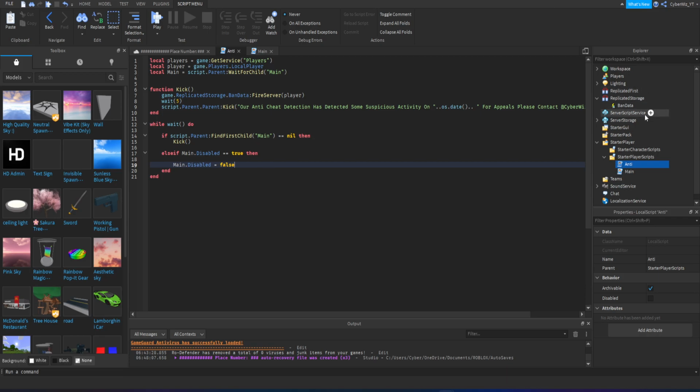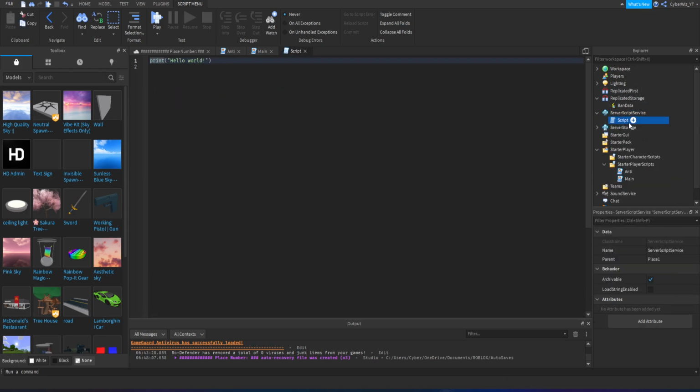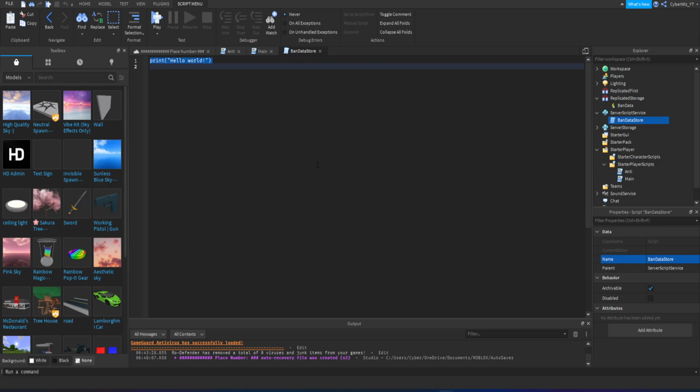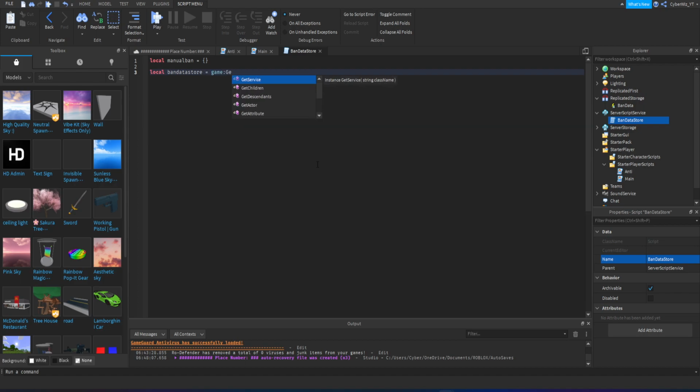Let's get into the ban data store. The last script is going to be in the server script service. You can just name it ban data store. And let me access that script right now. Okay, there we go. Local manual ban equals those. Okay, local ban data store equals game:GetService